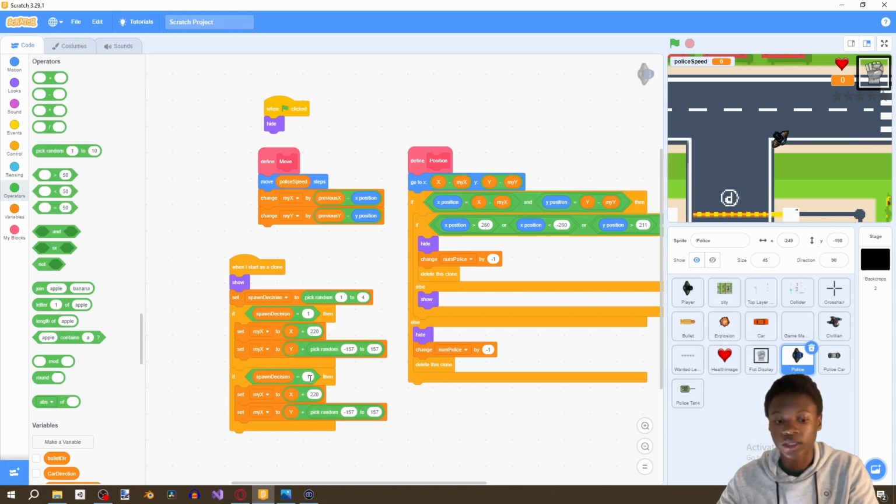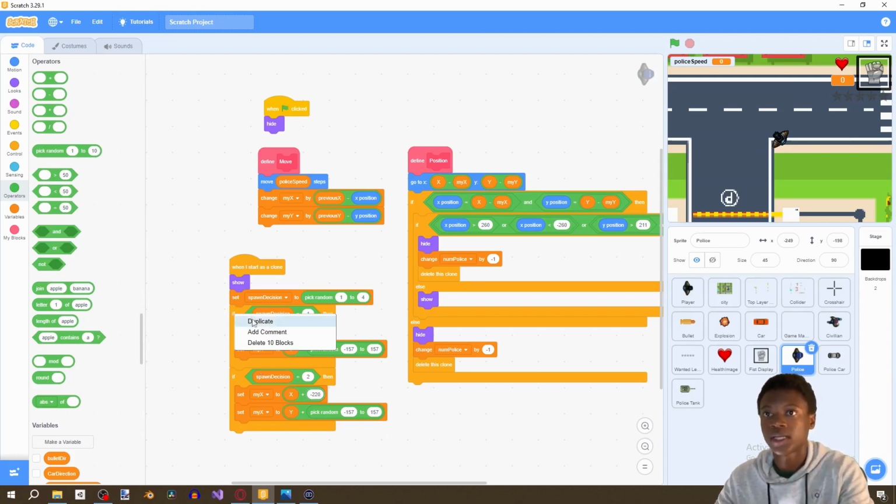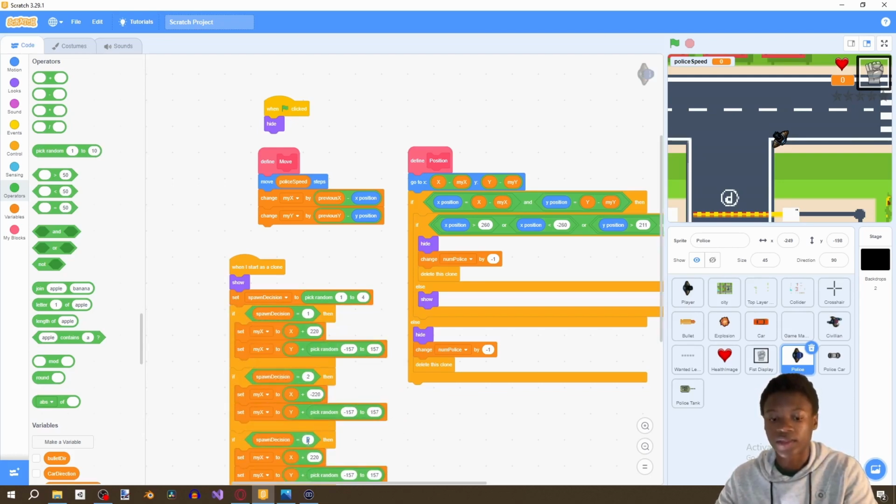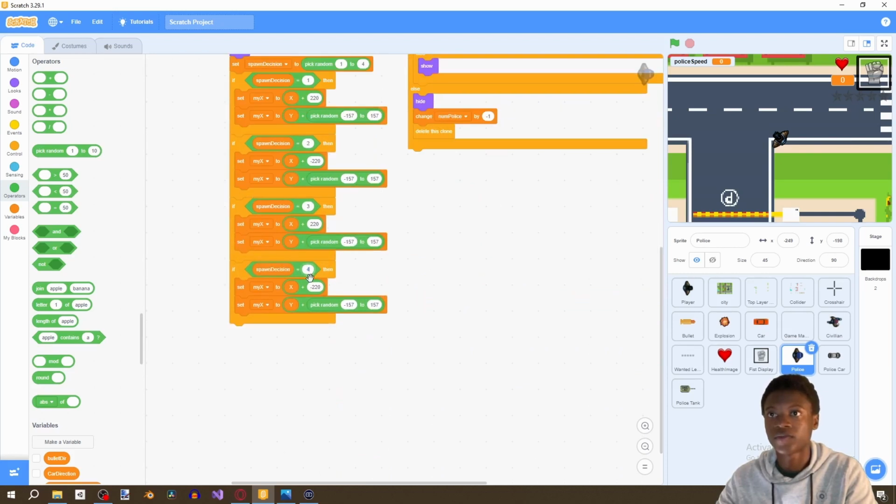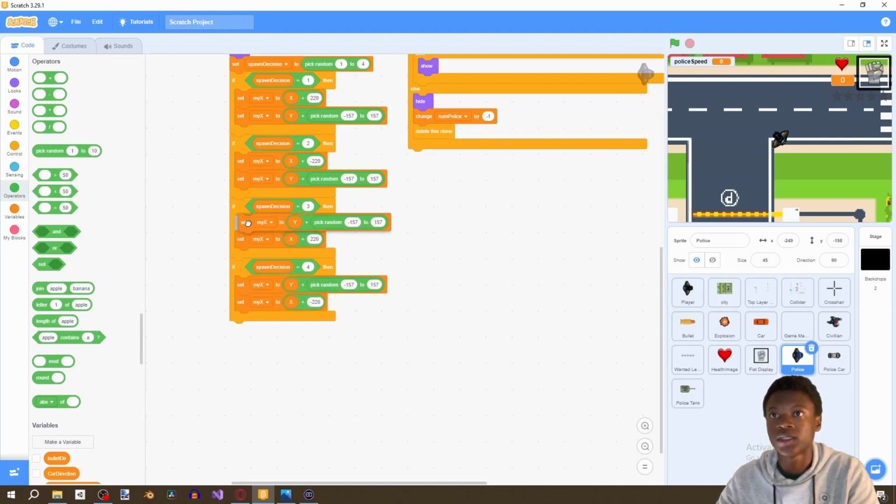The second one is going to be spawn decision 2, and it's going to be -220, which is going to be to its left, and then same spawn decision. The next thing we do is just duplicate these two, and then make this 3, make this 4, and then here we're going to make the y. We're gonna change this,